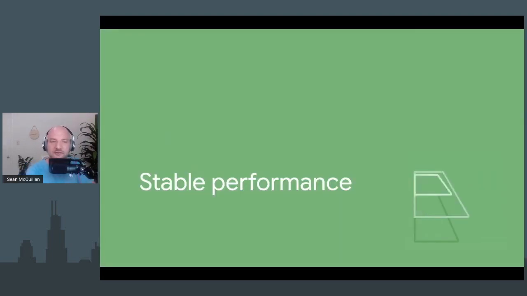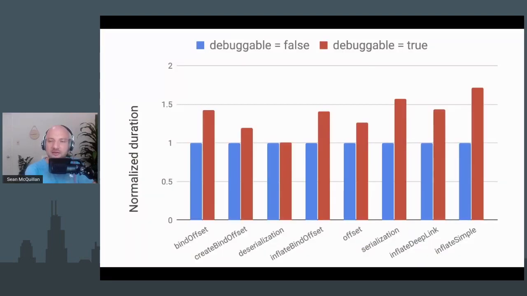So the benchmarking library is a new library we launched last year, which is one of our internal tools that we wrapped up in a library. And its goal is to create stable performance. And there's basically two things you need to know about the benchmarking library. The first one is you really should not run benchmarks against debuggable code. And the reason for this is not because